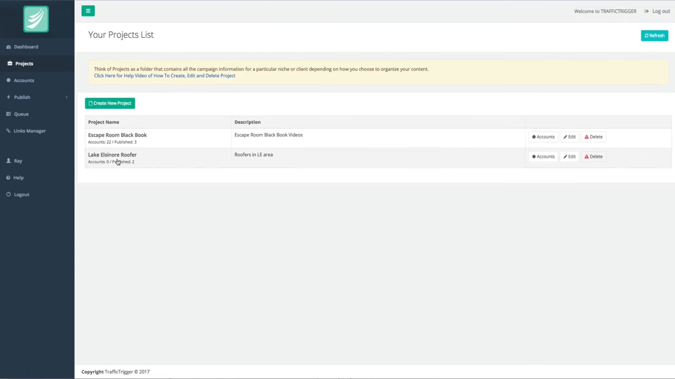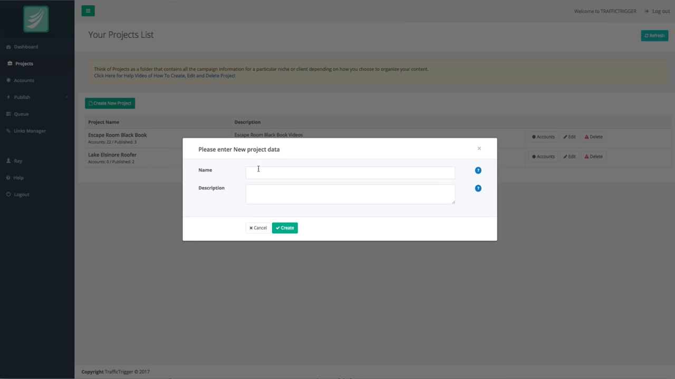Now, the way this works is you start off by creating a new project. You can see I've got a couple of different projects in here already, one for Escape Room Black Book and one for Lake Elsinore Roofer. And so what we're going to do is we're going to start a brand new one. And once again, we're going to do a roofing video. And this time we're going to call it San Diego